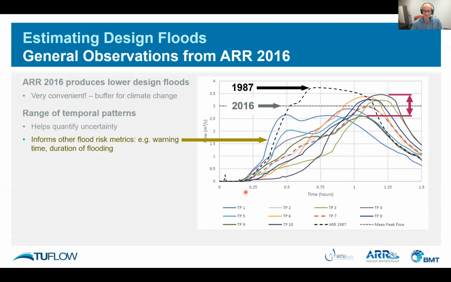Some other metrics are proving very useful. For example, this flood here may not be the median, or may come in lower than the median, but it gives you a bit of an idea of what could happen in terms of warning times and flood evacuation needs. So you're getting other metrics from this range of 10 that help inform your flood risk management, and once again make our ability to make decisions much more informed.